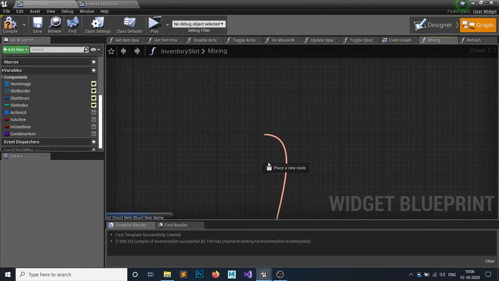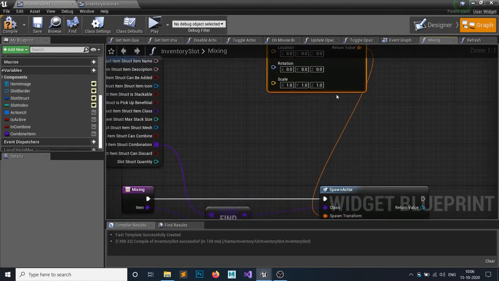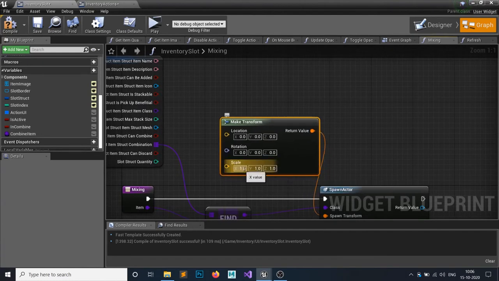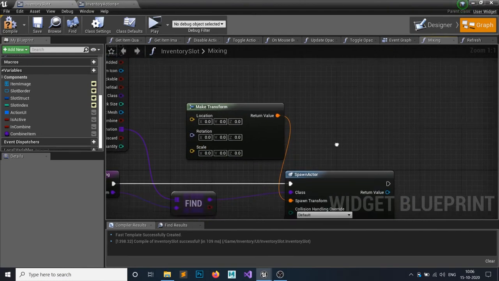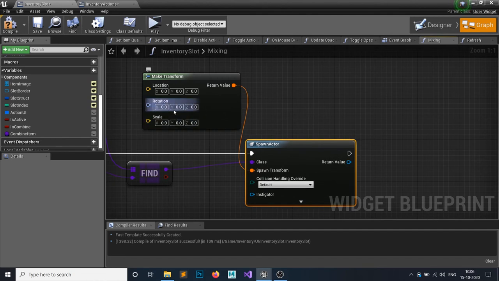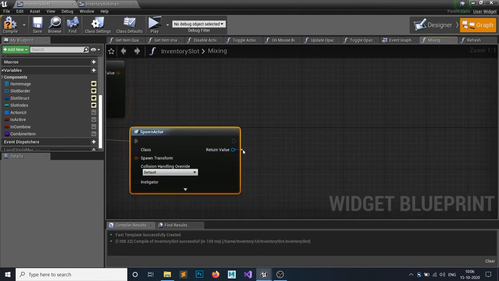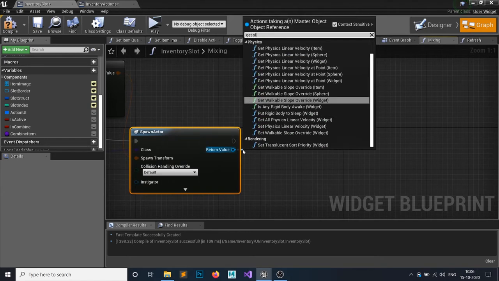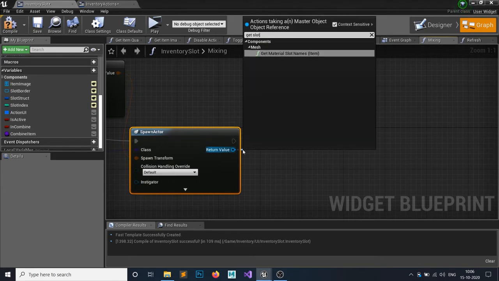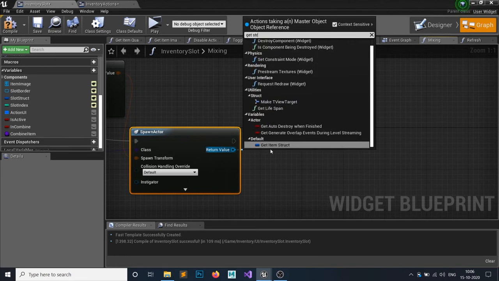And make a transform here, make the scale anything you want. I'm just gonna leave it as 0, because we actually want to use the attributes, we don't actually want to use this item. This is why I have made everything 0. After that, get the slot structure. Where was it? Get the structure, yes, this item structure.